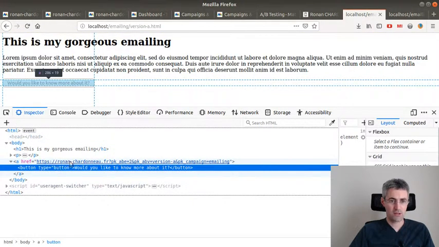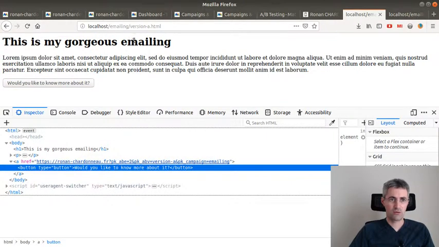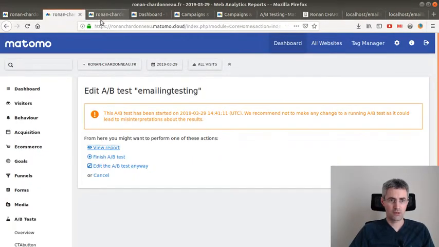Okay, so here my link is sending to my website, and here I append the name of the test. In my case, I didn't want to leave the name of the test, and that's why I took the ID instead. So ID number 2, because that's the second time I'm running a test on this instance of Matomo. Then this is what we call the version A. So this is the name that I gave to my second experiment.